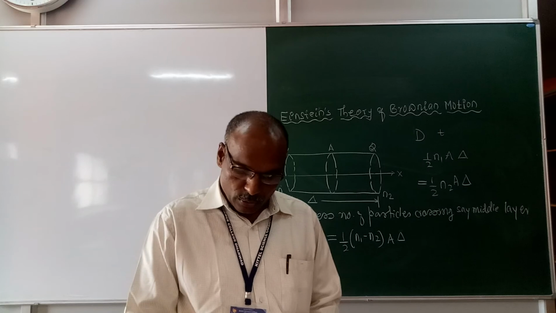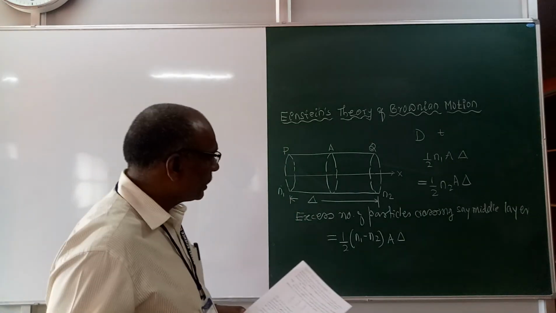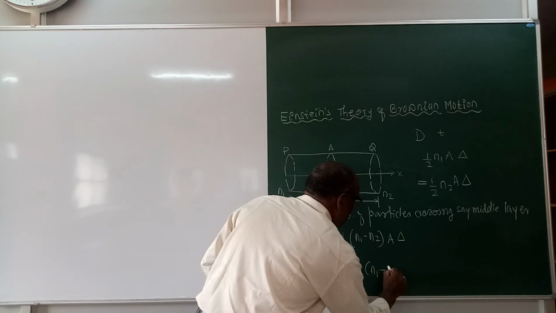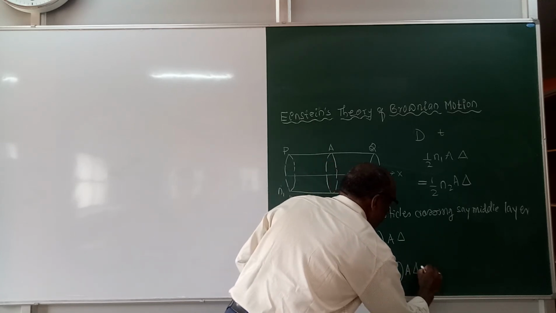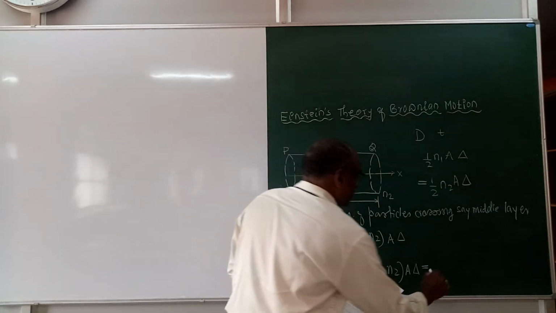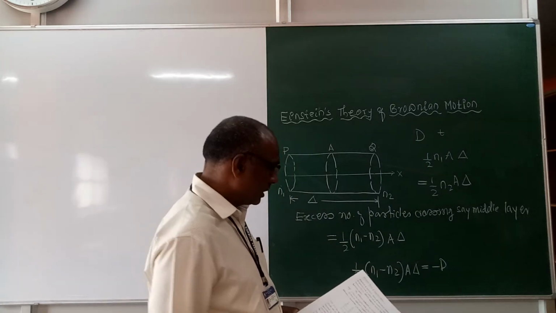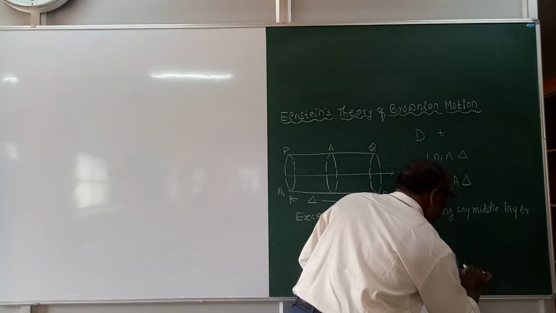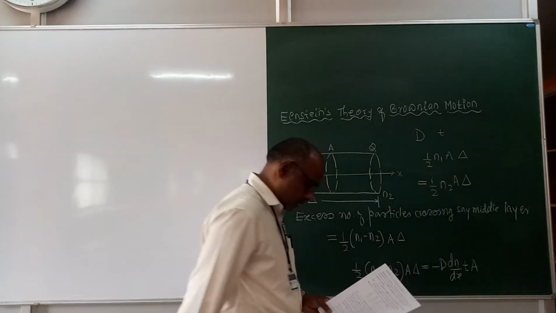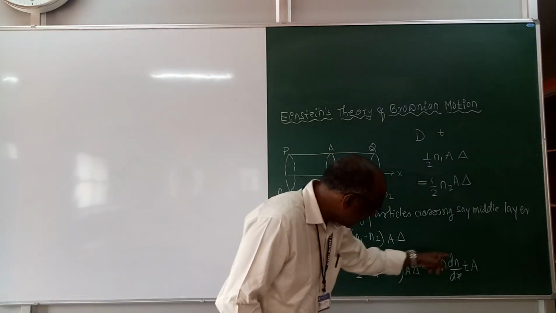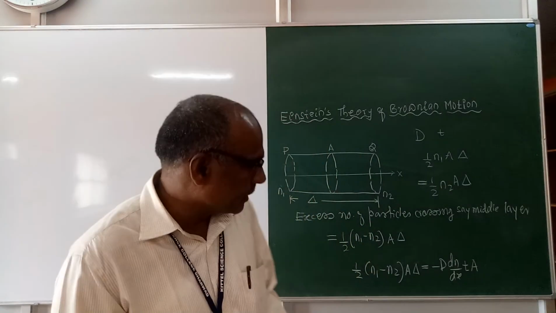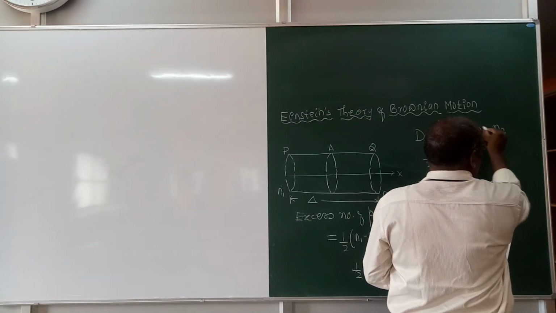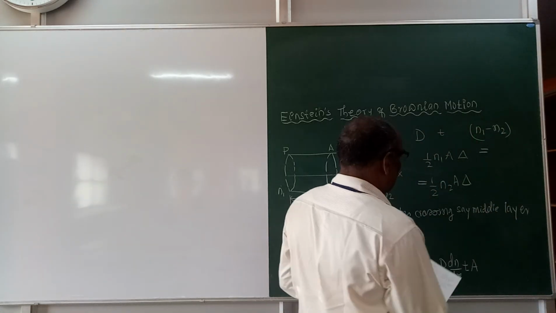Now we have defined the diffusion coefficient. It is given by half (N1 minus N2) A delta is equal to minus D, the diffusion coefficient, times dN by dx, the concentration gradient, times the time interval t, times the cross-sectional area A. Here dN by dx is known as the concentration gradient, but this N2 minus N1, the difference in concentration, is given by minus